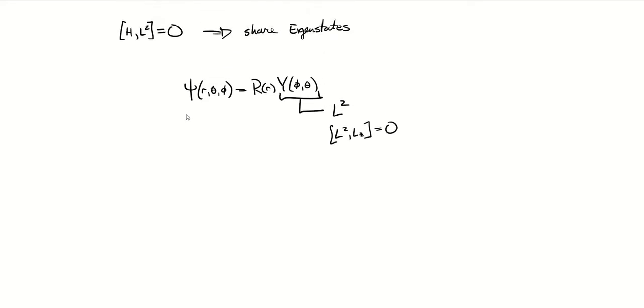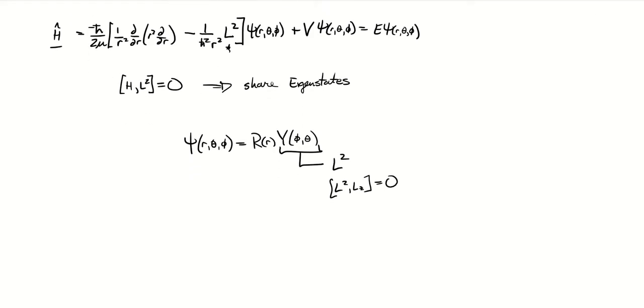Let's find these functions, right? So we've got our Hamiltonian right here, and we know that we're writing our wave function using separation of variables as an R function that only depends on the radial component, and then the Y that only depends on the angular component. I'm just going to write it as R times Y to save space. So what does this energy eigenequation end up looking like? Well, we can just substitute to see where we're going with this, but we have negative h bar squared over 2m